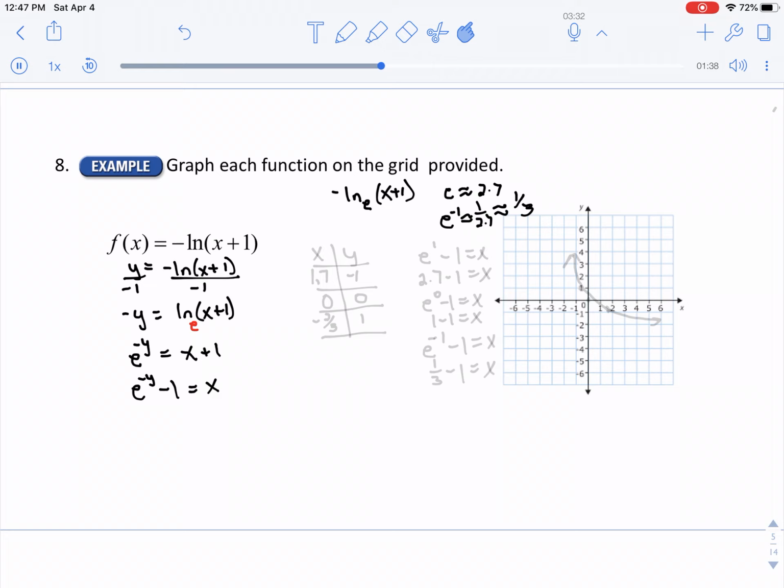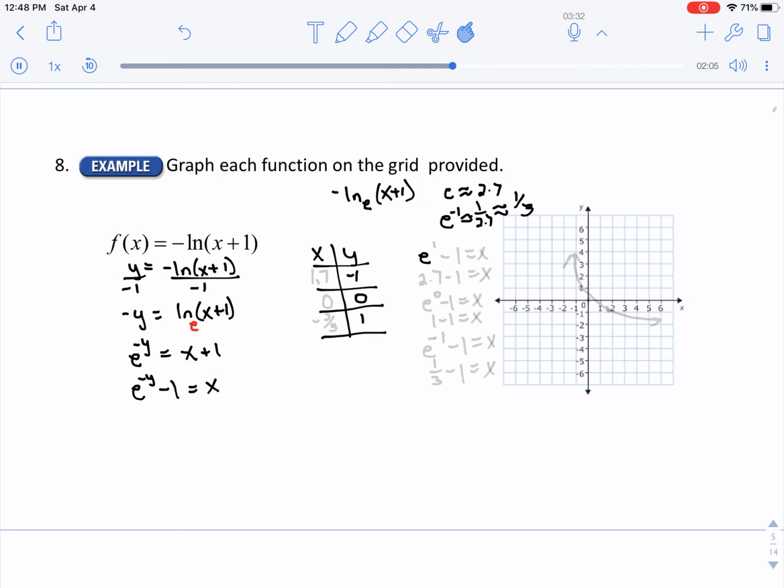Now I'm going to make my t-table. And this time I'm not going to put x values in. I'm going to actually put in y values, because the y is not by itself this time, it's the x by itself. So for my y values, I'm going to put in a 0 and then go down 1 and up 1. So now I'm finding e to the